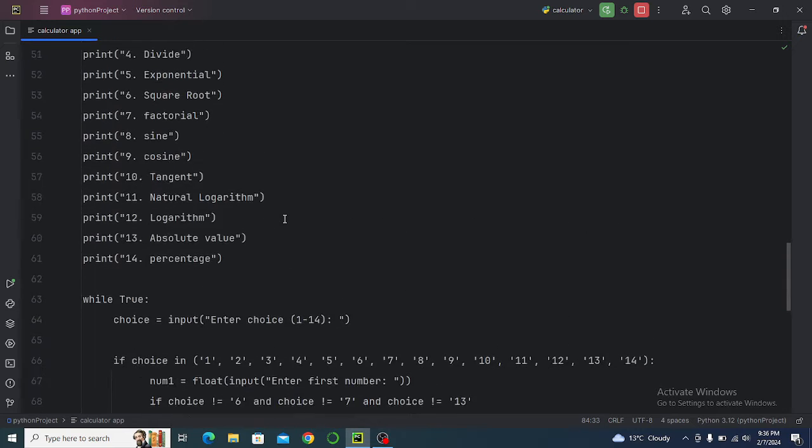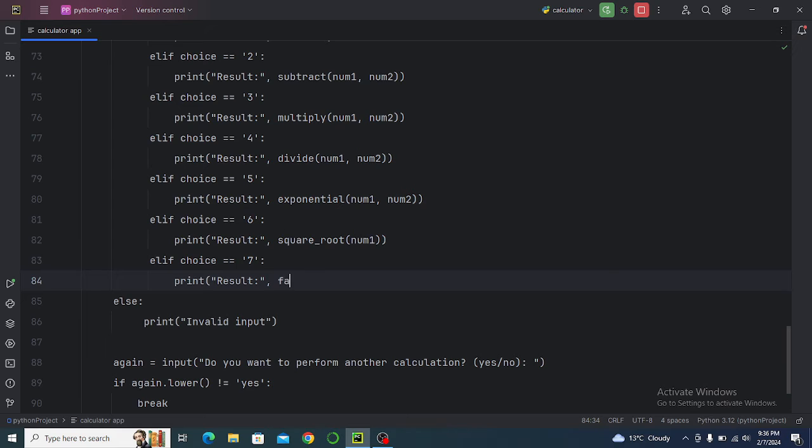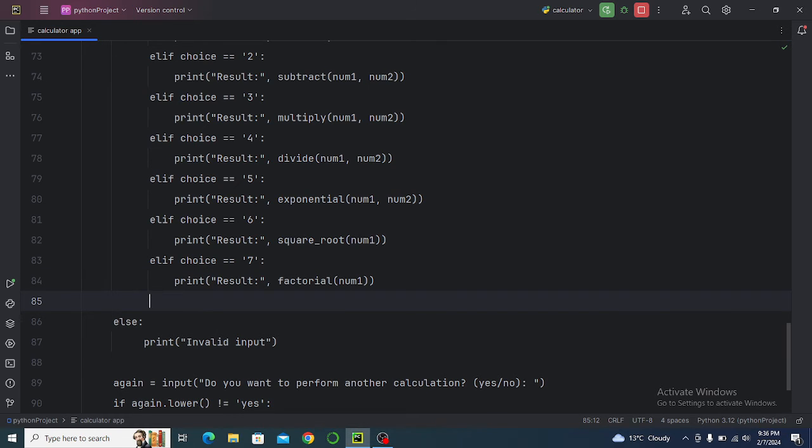What is number 7? Factorial. We're going to say number 1. Another elif choice eight. Yes,